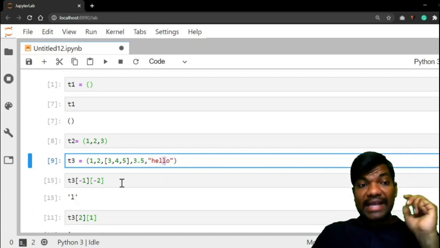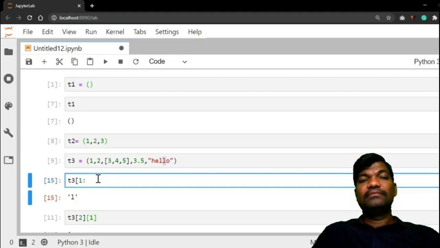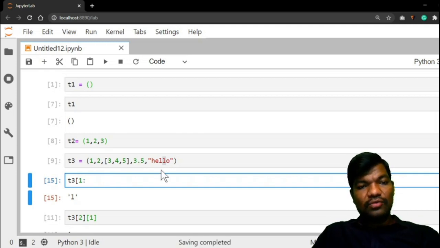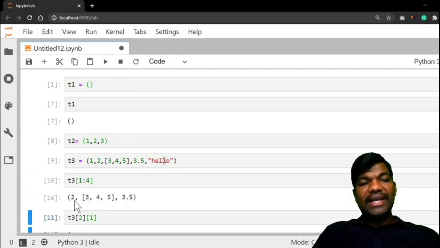Now coming to the slicing. Slicing means starting point 1, right? And ending point 4. 0, 1, 2, 3, 4. Run it. You will get 2, 3, 4, 5, 3.5.